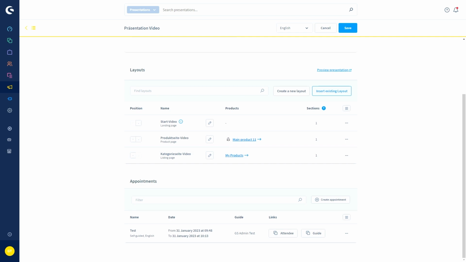Here at the bottom, we've got the appointment area. As soon as you have created a presentation by pressing the save button for the first time, it will automatically appear as a non-guided presentation or appointment in the bottom area here.